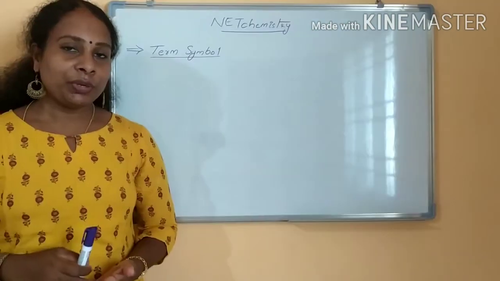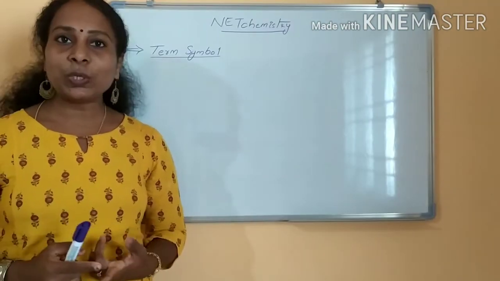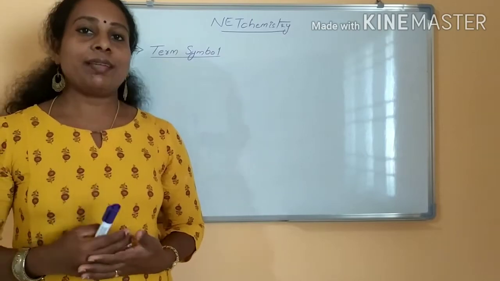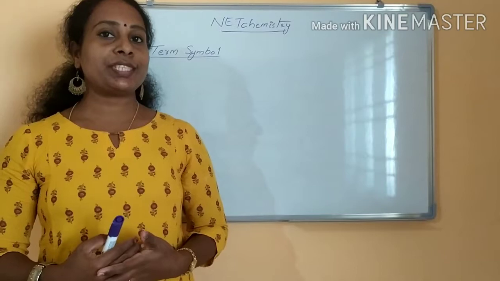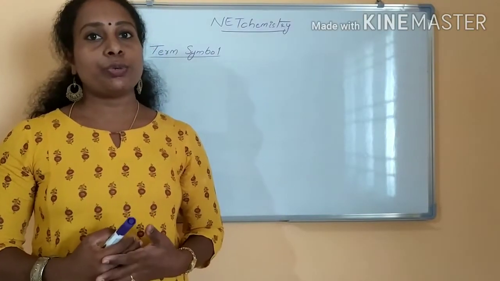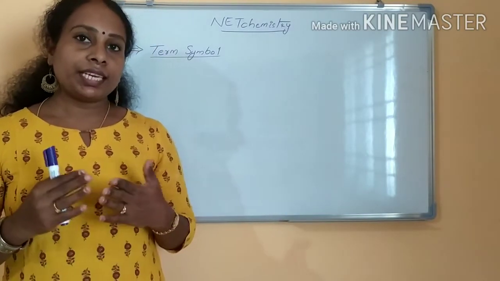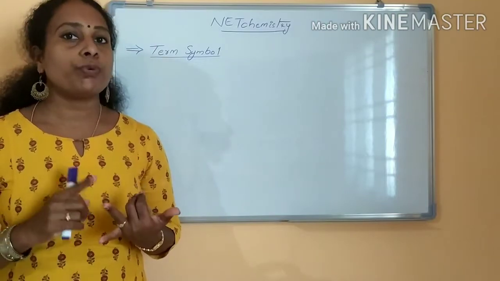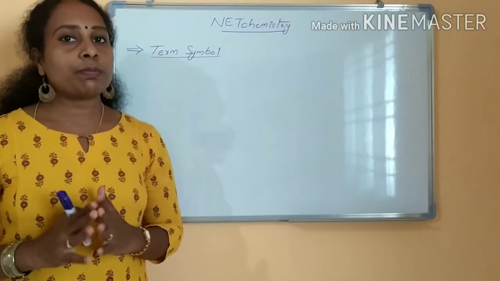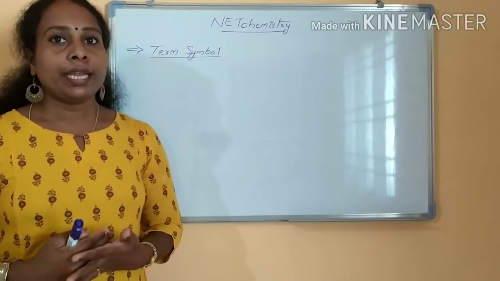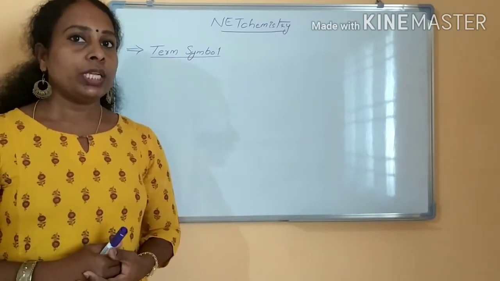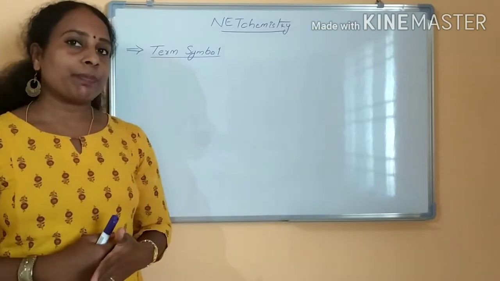From this topic in your exam you will be having one question, either to predict the molecular term symbol or else the selection rule for the transitions, the electronic transition selection rule. You have to say whether the transition is allowed or forbidden. These two categories of question you can expect in your exam from this topic. So let us start with the term symbol.